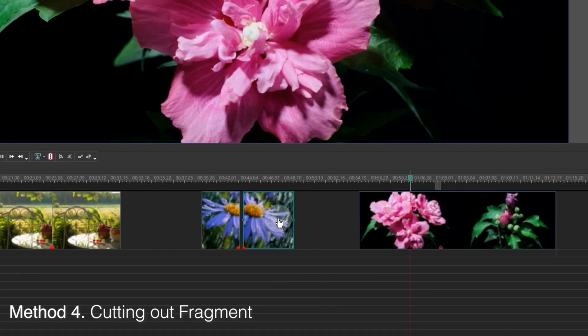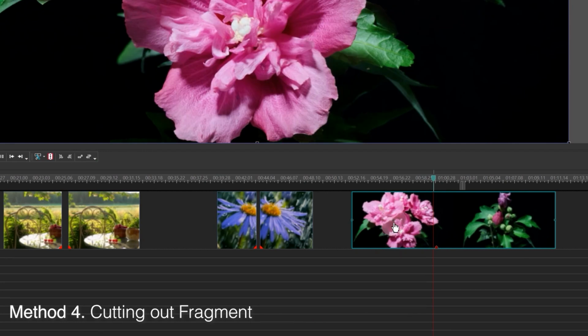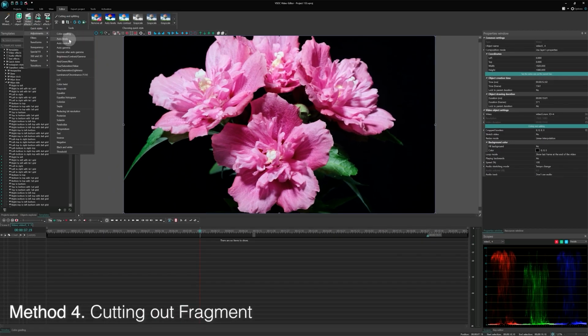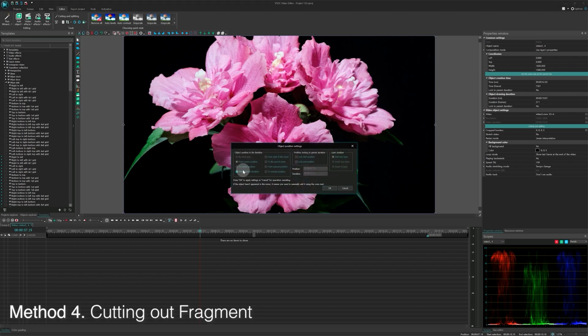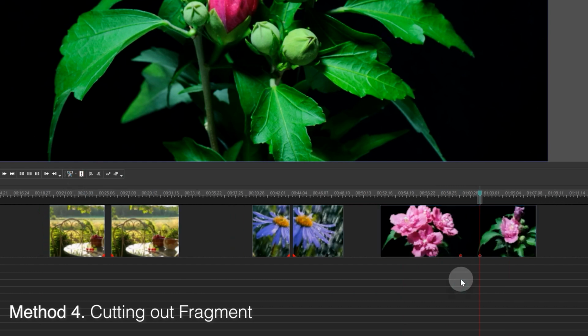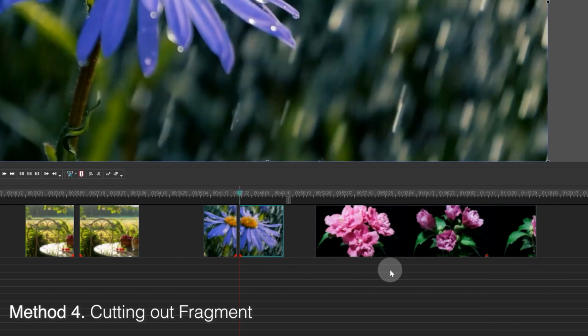After this operation, we still have one single file, not two separate ones. This way, you can apply effects to this one entire file, rather than managing a bunch of different files like in the previous method. Plus, in this mode, you can restore the cut sections but in a different way. After you cut the content, double-click on the dark red marker and you can quickly bring back that hidden part. Just be careful not to confuse this dark red marker with the red triangle that indicates the end of the fragment.